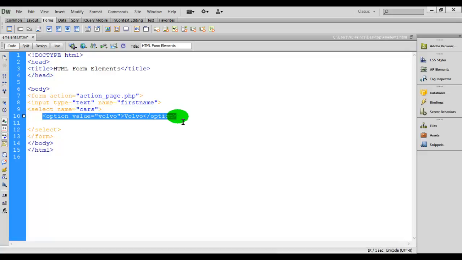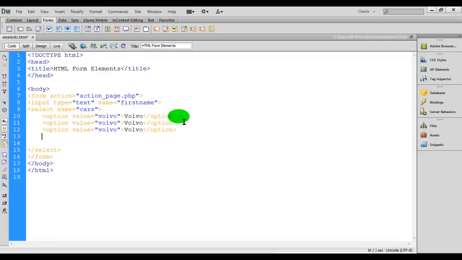Now let's copy that and paste it below so that we can easily save our time. Here is another type of car, which is Saab. This is a car company, and the next is Fiat.